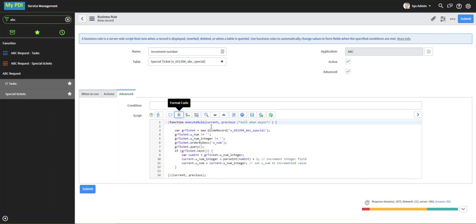Insert it here. This is code that just basically increments an integer field and then copies that value over to a string field for display as a number field. We're not going to give it a condition in this particular case because we want it to run every time a record is created. Come up to the context menu, click Save,